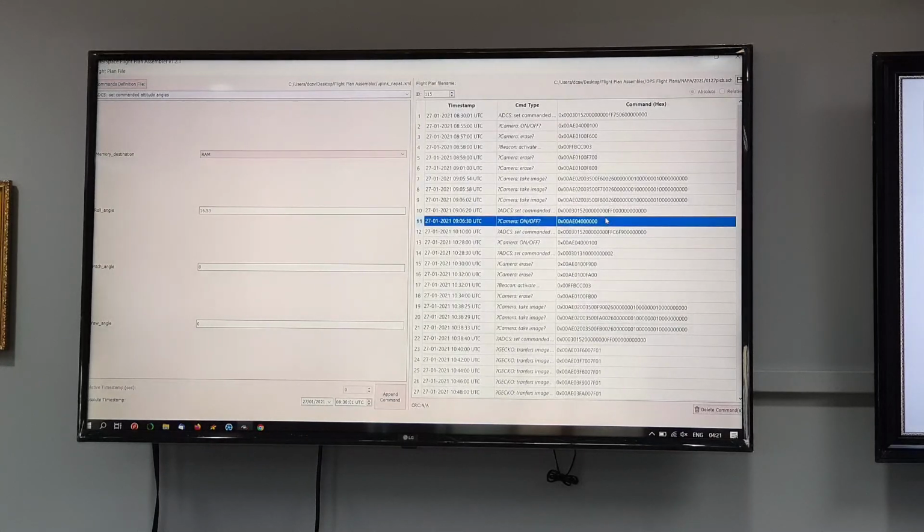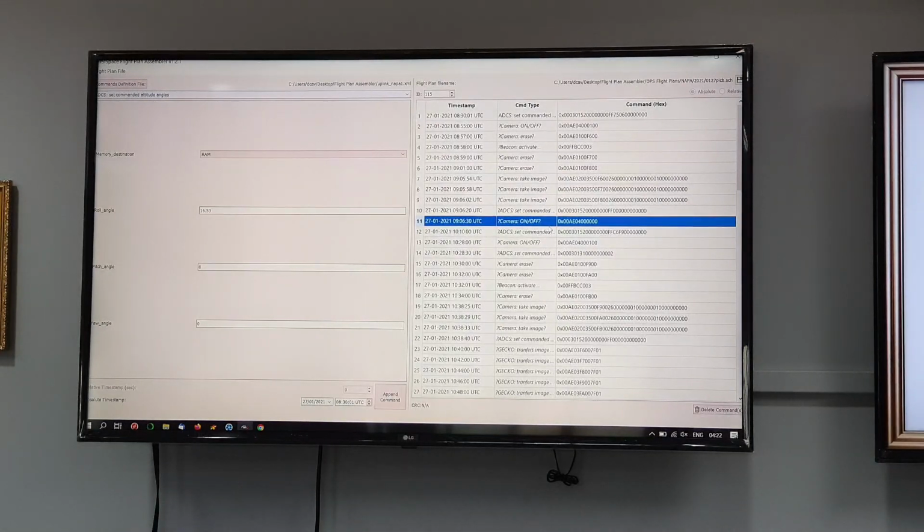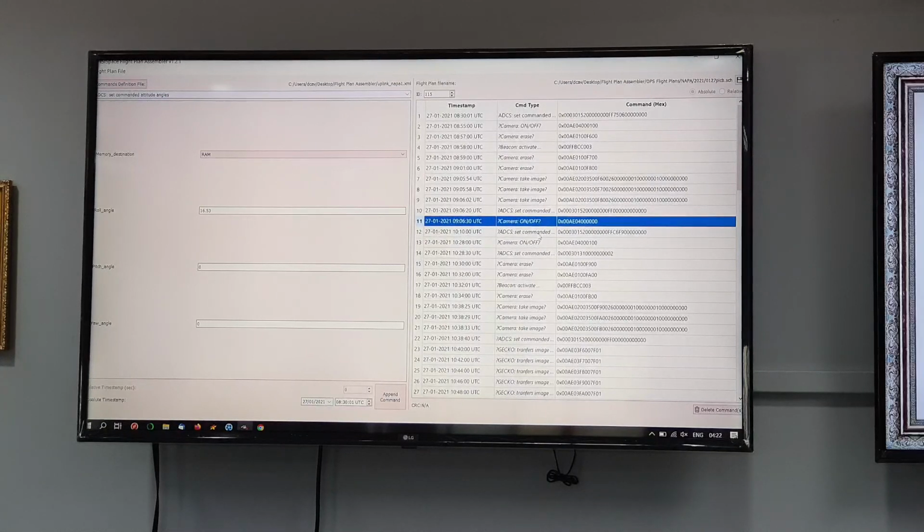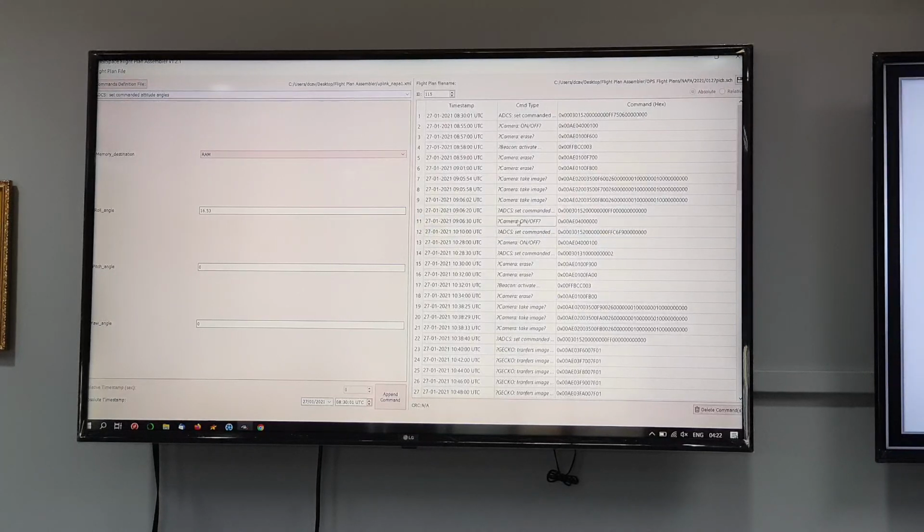Afterwards, camera has done its job. I turn it off. As you can see, I'm not sending the files to the PDHU because I'm in no hurry. There's no pass there. I have a lot of time before the pass, so I don't need to send the files back yet. So camera is off. I can verify it by checking that it's 0 and not 1.